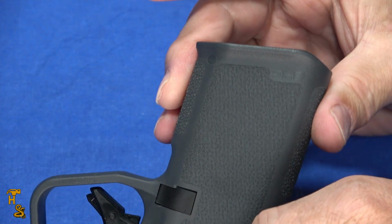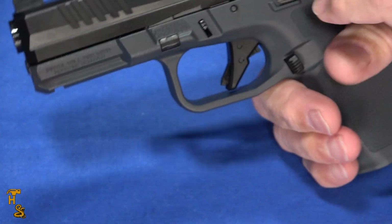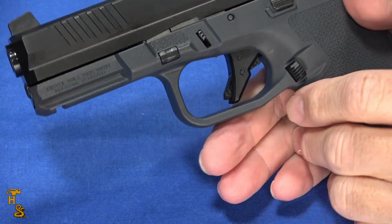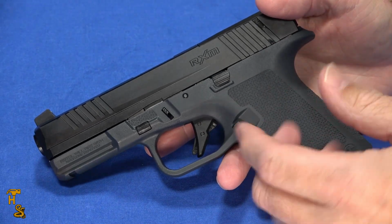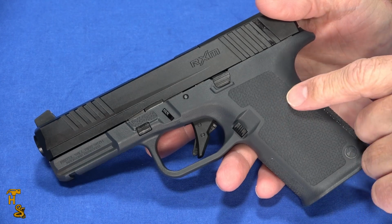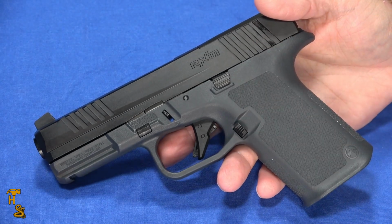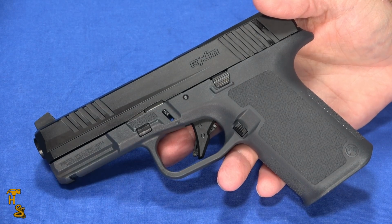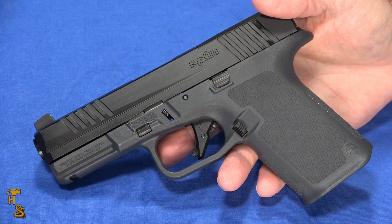And it's only on the one side. So one of the things you're going to find with this is Magpul is really good at making plastic things, plastic magazines, plastic whatever. And I would expect them to have the capacity to make these frames. One of the things that may happen with this gun over some of the others that have this similar concept is more availability of different sizes and colors of frames